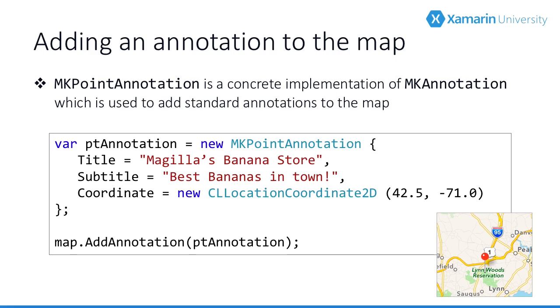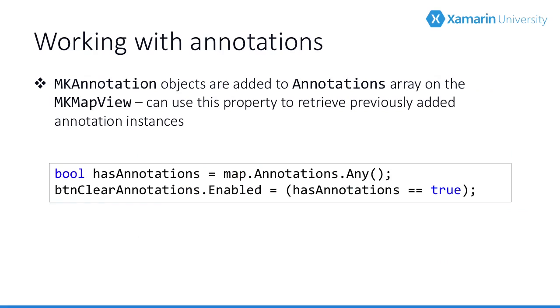So MKPointAnnotation is an implementation of MKAnnotation, and it's the one that we typically use when we want to show a pin in our map. Here, we're setting the title, subtitle, and of course the coordinates, that is where it's going to show up on our map. After we've created that MKPointAnnotation, we'll just call AddAnnotation to add it to our map's annotations collection,